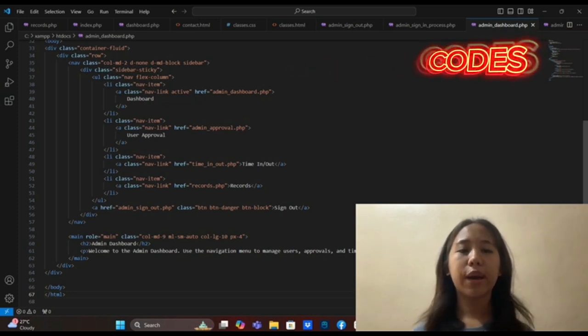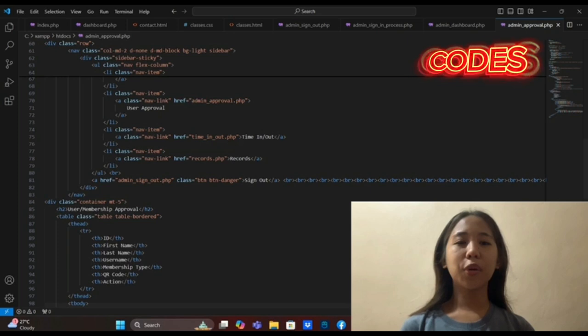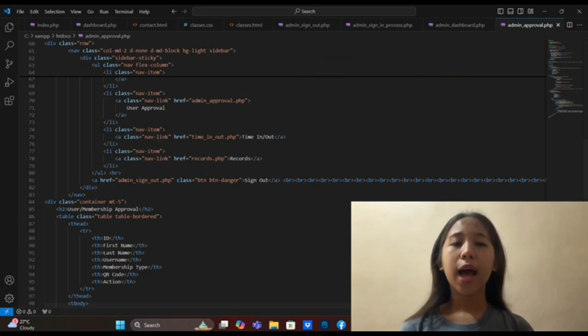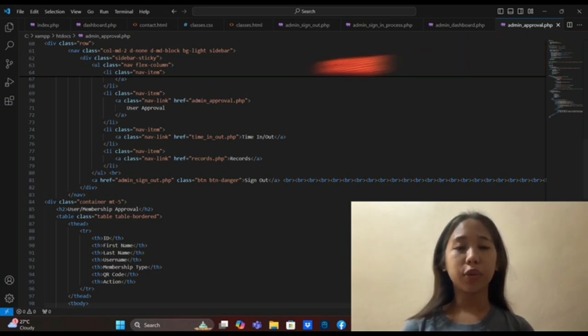It is used to manage various administrative tasks like user approval, tracking time records, and more. This code is designed for admin user approval in a gym management system. The admin can approve or reject users based on their membership status, allowing the system to update the user's records